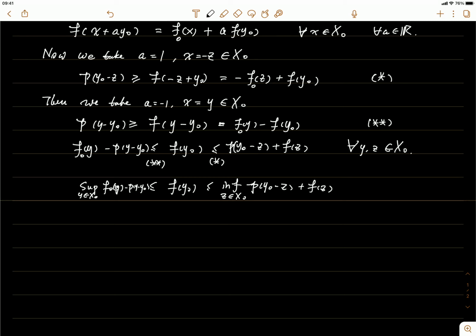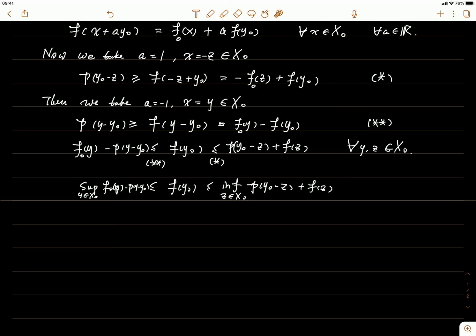Okay, so the only question right now is if this one is smaller than or equal to this one, so that I can leave some space in between. Otherwise, this will not be possible. This is the only condition that f of y naught needs to satisfy. So we just check if this is true. To check that, essentially we just need to check that this is always less than or equal to this for any y and z. Okay, so to show that,